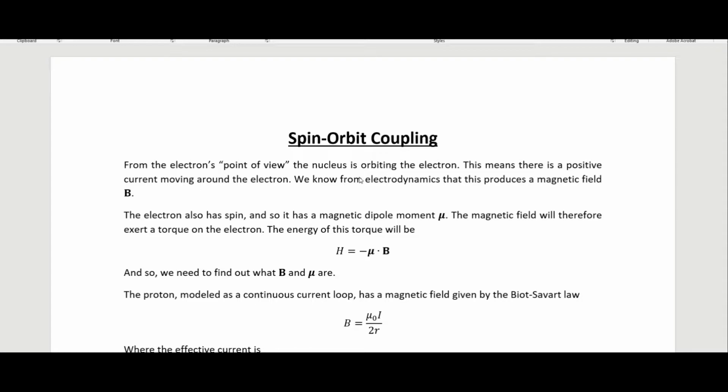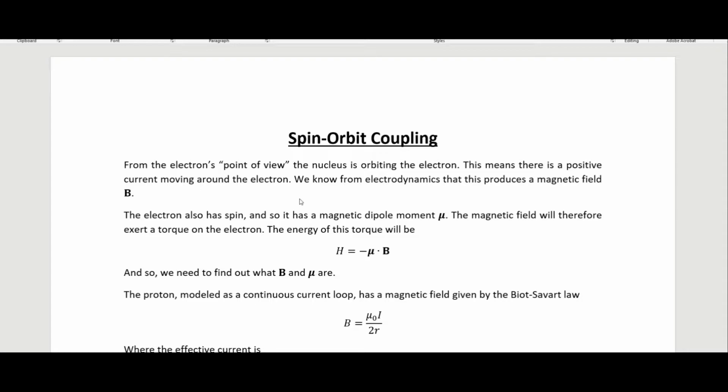That's the relativity thing, that's why it looks like the sun is orbiting the Earth. But this means that there is a positive current moving around the electron. And we know from electrodynamics that a current of any kind will produce a magnetic field. Because the electron also has spin, it also has a dipole moment. And so the magnetic field generated by the proton in a hydrogen atom will exert a torque on the